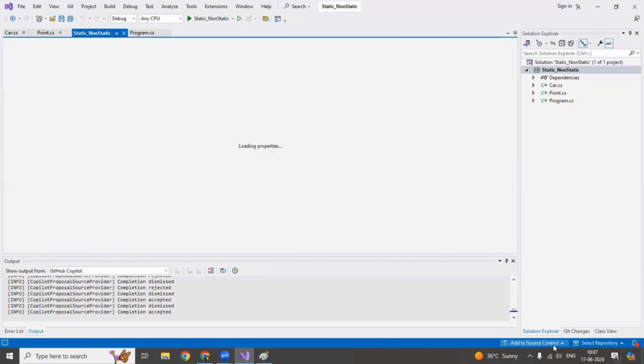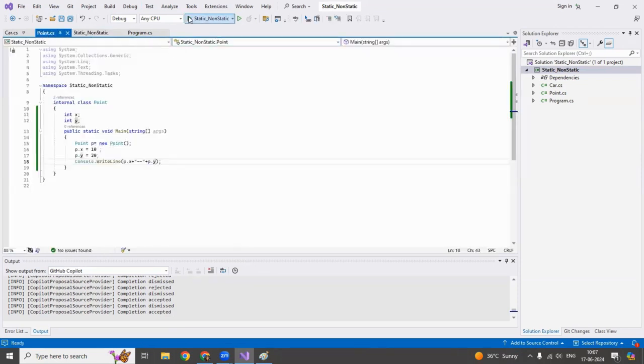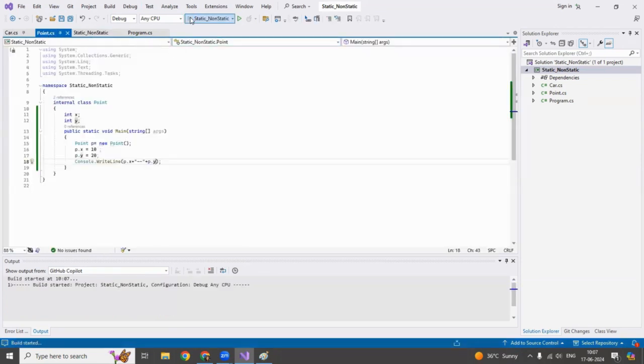So when you run it, it will start running from this class. Where is that? Yeah, this is Point. Save it. Now, if I run my project or execute my code,